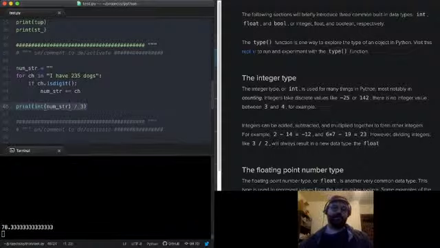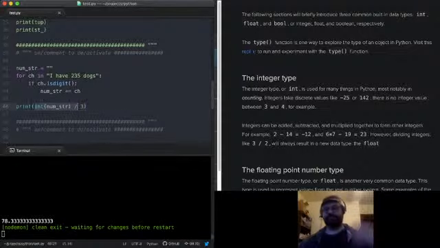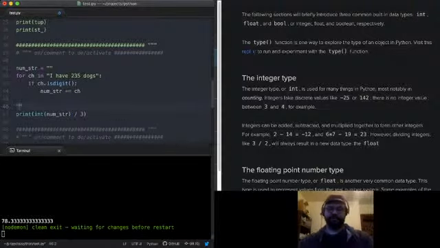So int or float, there are two functions, int and float, which will take in various other types. And if it can convert it to an int or a float, it'll convert it. If I have a string like 435, I can convert that to an int. Those are digits, I can convert it, no problem. If I have a character in there, like h435, this is actually going to give us an error.